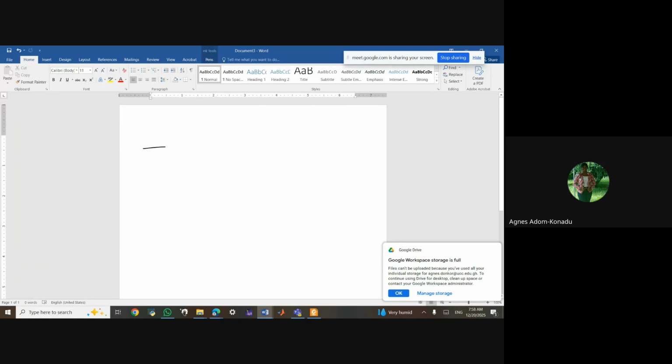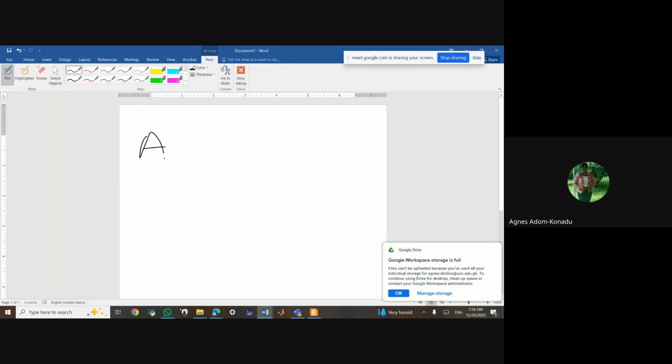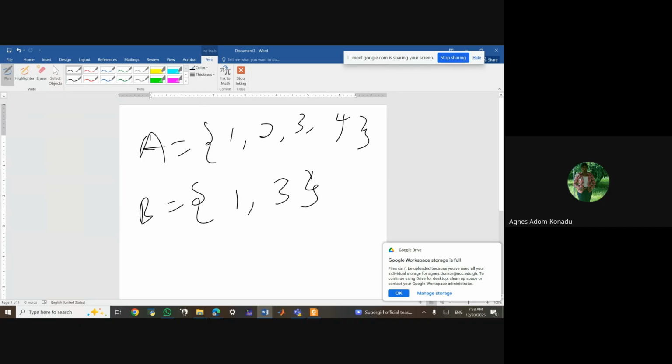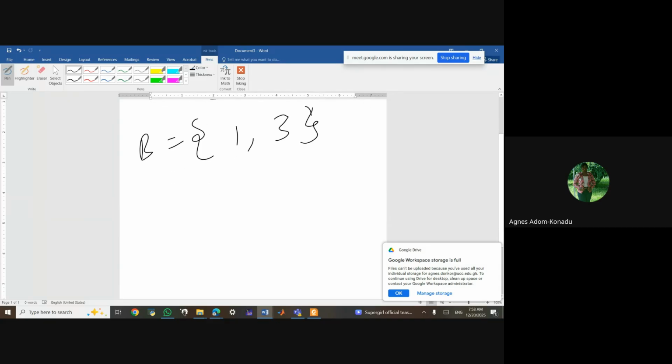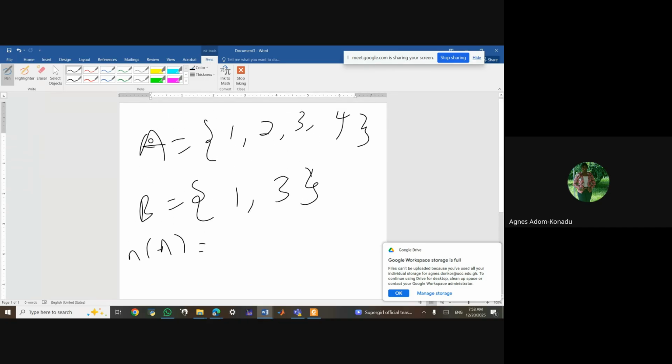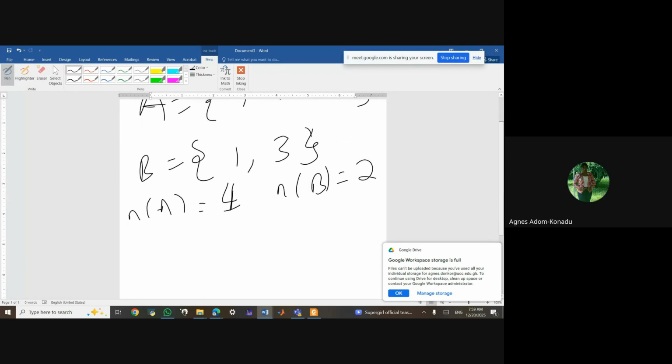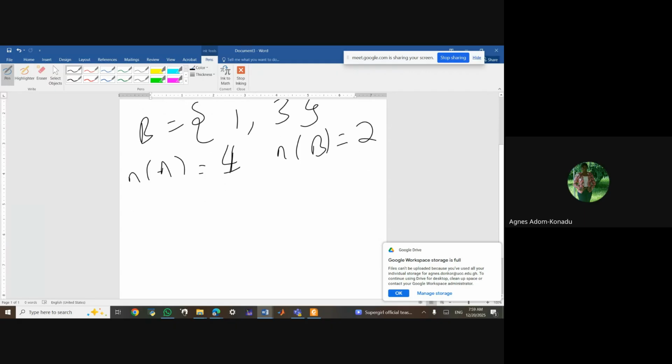I have my A to be 1, 2, 3, 4, and I have my B to be 1, 2. So that's a finite set. What's the number of elements in A? The number of elements in A is 4. And then what about the number of elements in B? 2. It says that if A and B are finite sets, then